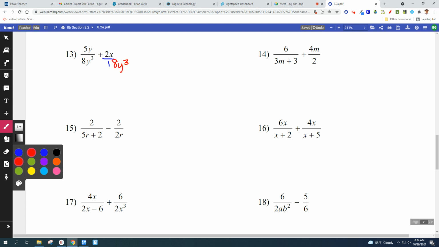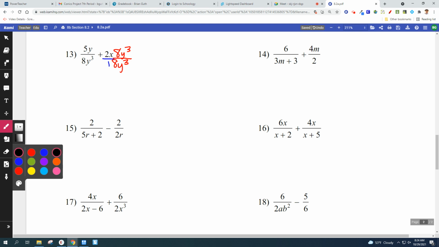Now, technically, you can't do that, right? You can't just put that on the bottom. You have to multiply the top and the bottom, because what I've just written in red is equal to 1. And all I've done is multiplied by a really special form of 1. I haven't changed the value of my numbers at all. All right? So I'm multiplying by this 8y cubed over 8y cubed to change it so that I do have